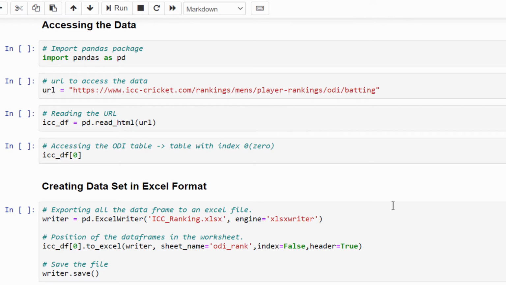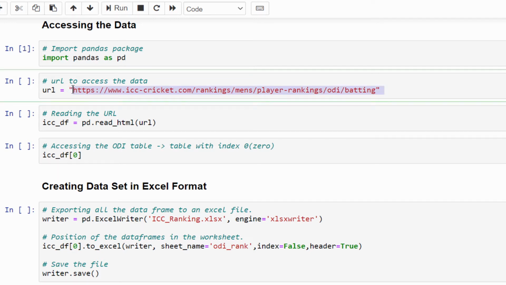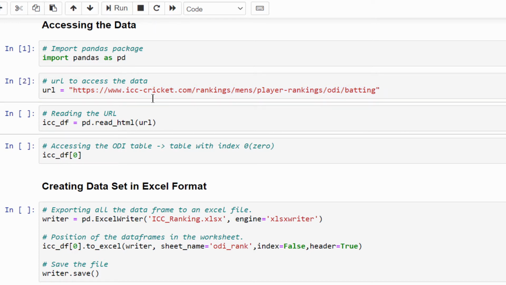This data generation, let me do a quick walkthrough. First, we have to import pandas, and this is the official URL. You need not mention .html. Executed. Then we are going to read this URL. So pd.read_html, run it.